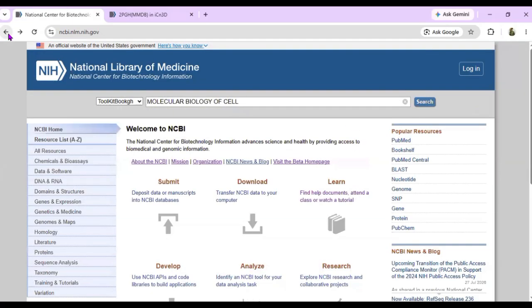Now the question is how information is stored in NCBI. You might wonder that NCBI contains millions of records, including DNA sequences, proteins, articles, genomes, and disease-related data. Where does all this information come from? Who uploaded this information, and how does it become available on NCBI? The answer is